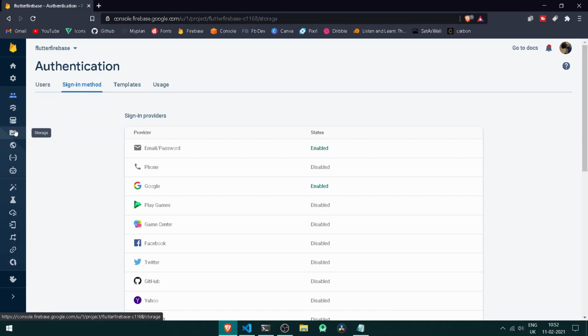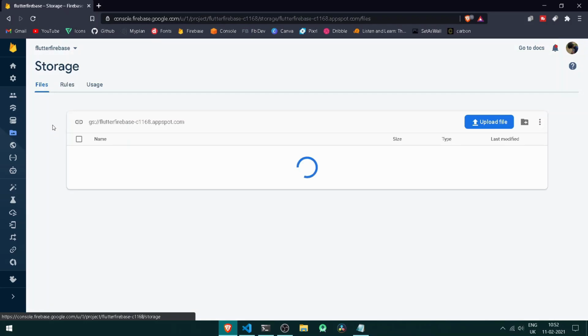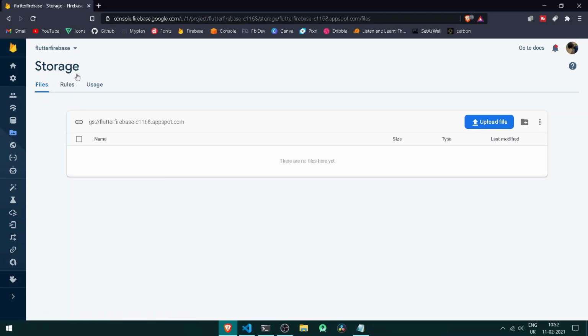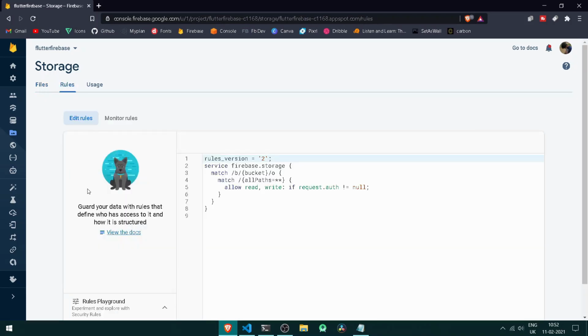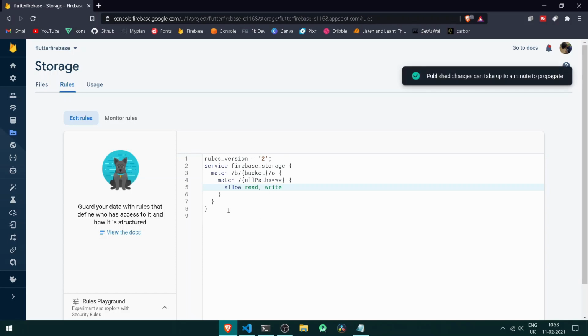Now the location of the cloud storage shall be similar to the location of your database, which is Asia Northeast. So here under our storage we will be simply adding all of the data, that is images, videos and everything under our storage. Now you can also play with the following rules, so feel free to configure all of your rules. So for now we can simply remove the following auth rule and publish it once. Cool, so once we have done this, we are good to go.